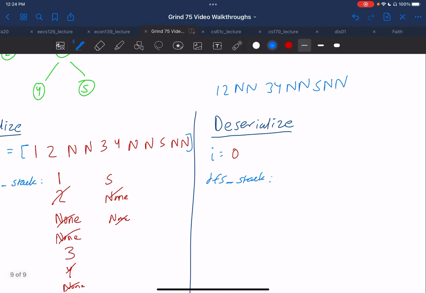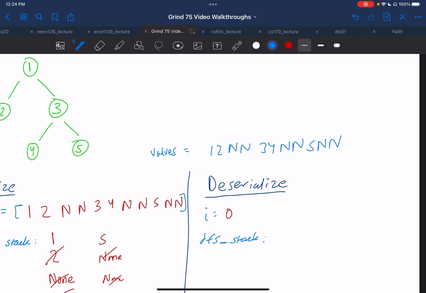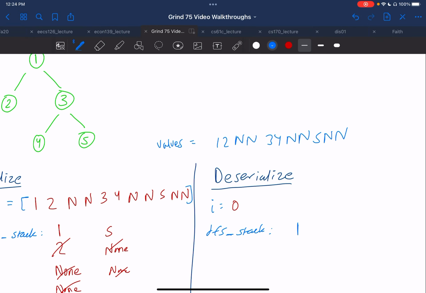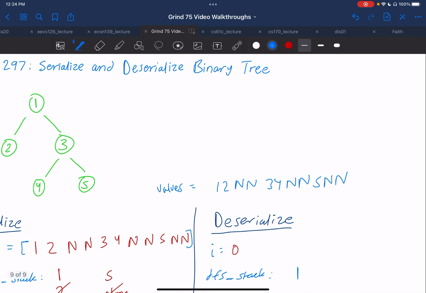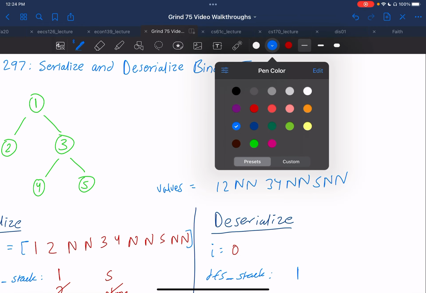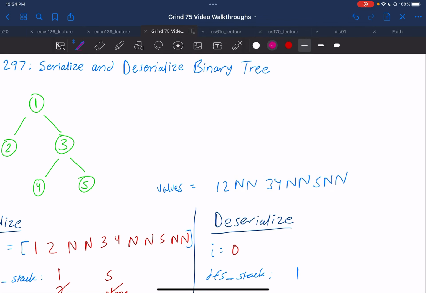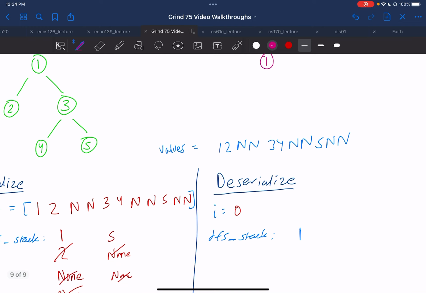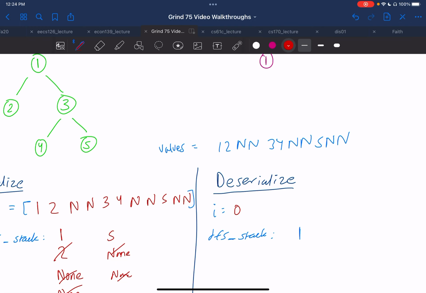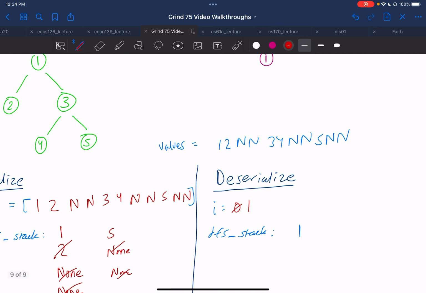And we can use this string to deserialize the tree. So going to our deserialization algorithm, as we said before, we have a variable I that tracks the index in this values list that we're iterating through. And starting at 0, we have 1. So we add 1 to the DFS stack. And as this is happening, I'm just going to draw the tree that's being built. So I'll just use this color. So we have 1, and we increment I by 1, and we call the same method on the left and right